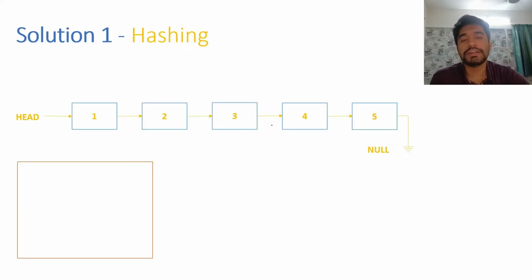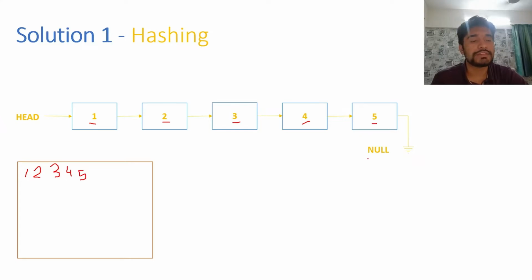Here we have a simple linear linked list which doesn't contain a loop. We start from the first node and check whether this node exists in our hash table or not. And if not, we add this node to our hash table. Then we move ahead. We then arrive at the second node, check whether this node exists in our hash table or not. If not, we add it to our hash table and continue. We do the same with the third node, the fourth node, the fifth node,